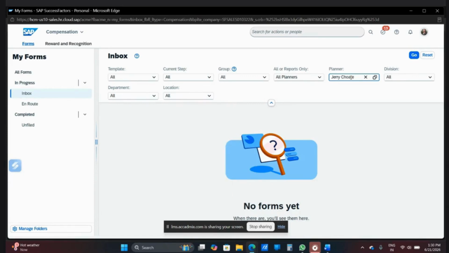I'm not able to search it when I enter it. So it means he is someone who is not falling under your span, or maybe the access is not being given. That's why the compensation is not visible to you. Okay, so that could be a possible reason, but that's how you can find the compensation, either by directly going to the compensation module, or simply by searching that employee, and then in his profile itself you will get to see the comp detail.